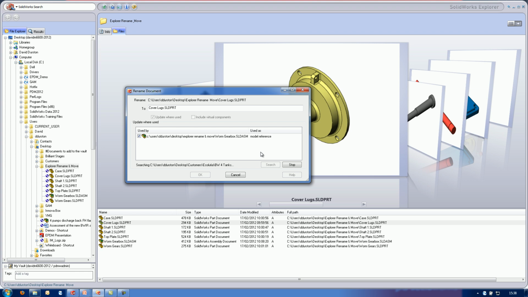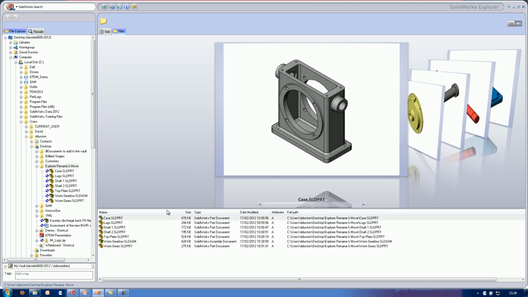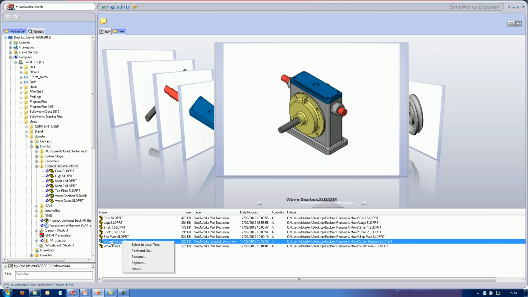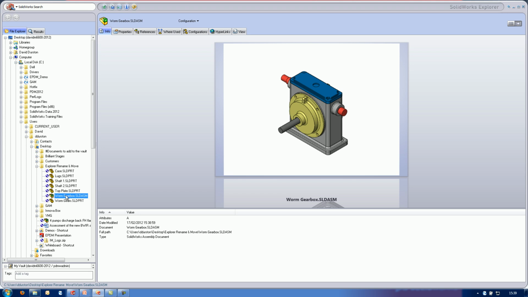And what we can do once it's finished searching is change the name of the file here. So I'm going to change this to just plain lugs. And we can see we're going to rename our file. We're going to rename it and update the references in this assembly here. And if we hit OK. So what it's doing is it's not only changing the name of the file, but it's also updating the references for Worm Gearbox. So if I now try to open that,